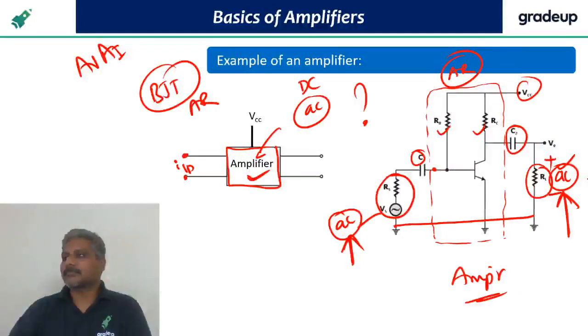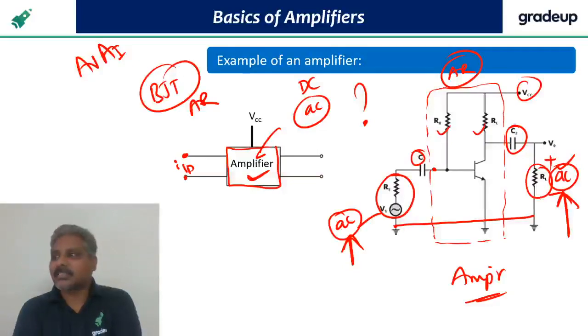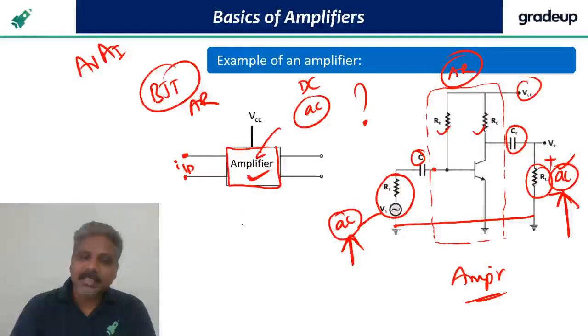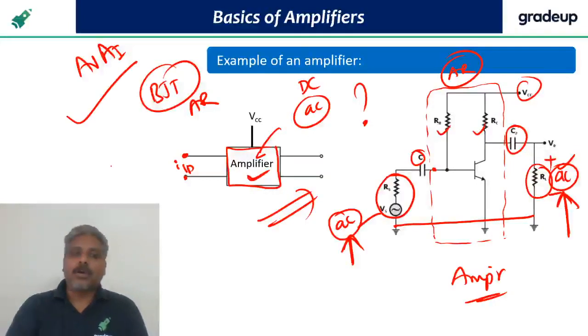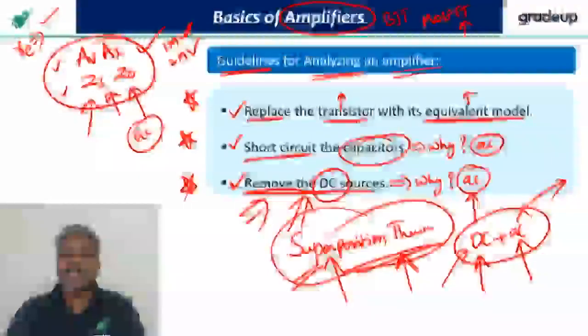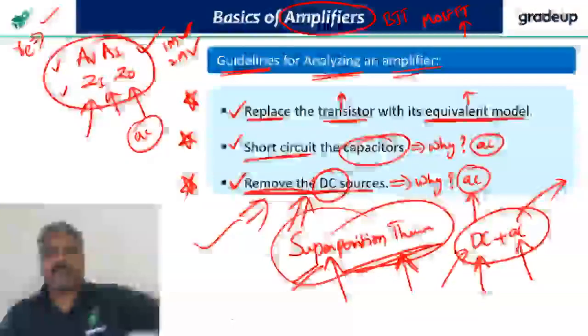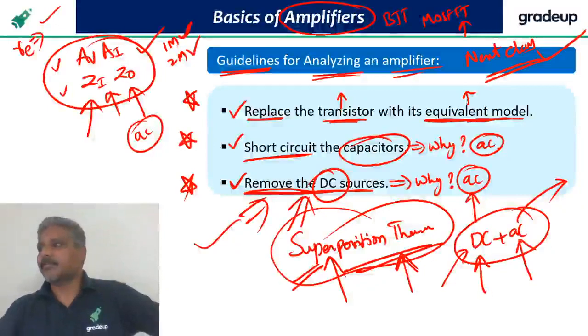Understood, guys? Yes, capacitors are for DC isolation. Exactly. You know already, right? The DC isolation. Clear? Continuation of this will be in the next class. Amplifier continuation. So far, what did we understand? We understood what biasing is, and we understood analysis and equivalent models also. The only thing we need to do is follow these guidelines and analyze the amplifier. That analysis of the amplifier I am going to show you in the next class. Are you okay?